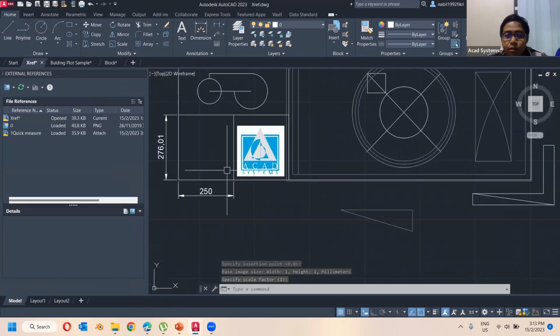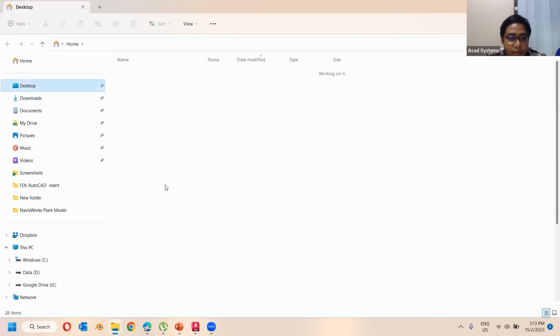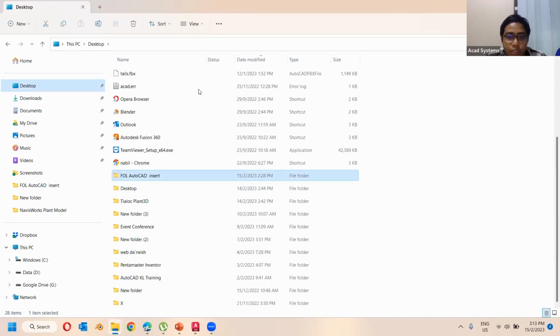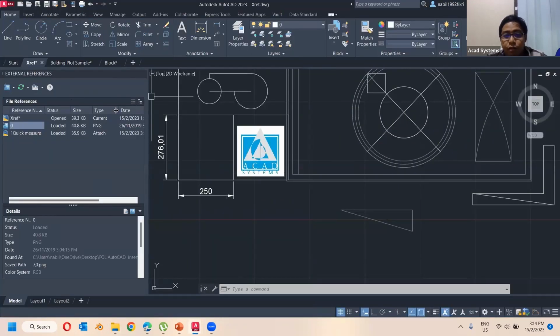However, an external file, xref, is just a reference. It's linking the original file to your drawings, right? Basically just a link, it does not insert into your drawing. So if I insert this image as a reference, and somehow I lose my image, which is at, let me just open my files, this is the location of my file. You can see I have some images here, and some of these drawings. So if you lose the reference file, and then you try to open up the file that you have referenced into, the file will likely be missing, right? So that is the